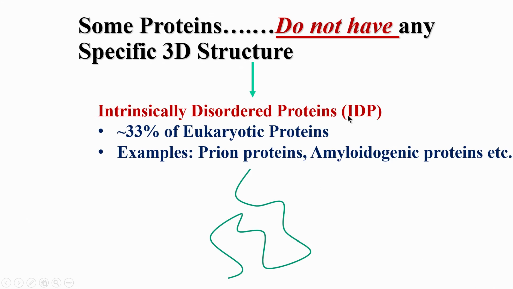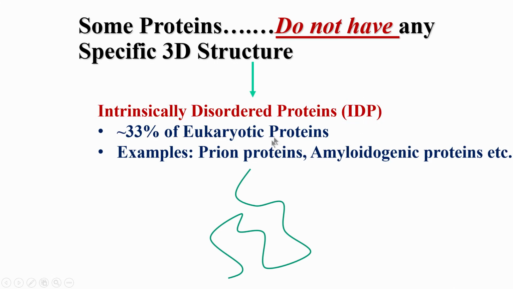The IDPs themselves are very useful in our body, because if you do not have a structure, they look something like this, which does not have any alpha helix or beta sheet, which means they can actually bind multiple partners. So, they have multiple sites available where they can bind, compared to a rigid structured protein which can only bind to one particular ligand. So, it is now well established that IDPs can have multifunctional roles and they play a very important role in our body.